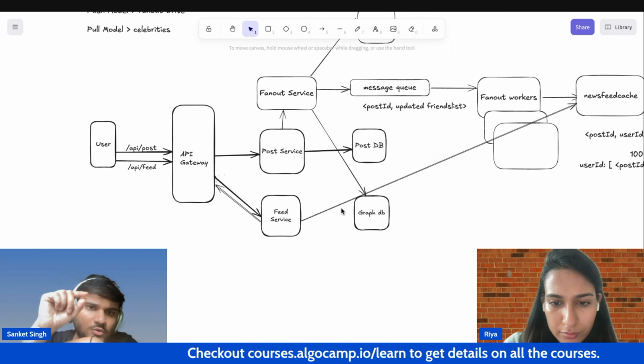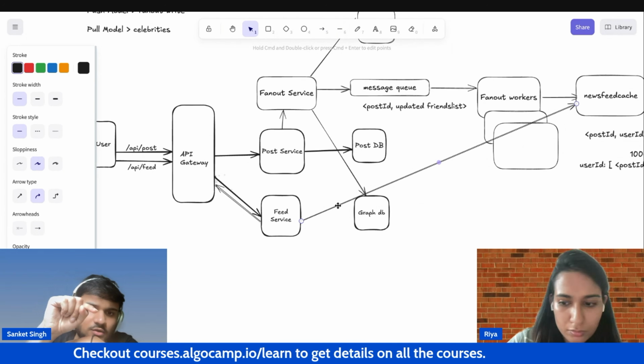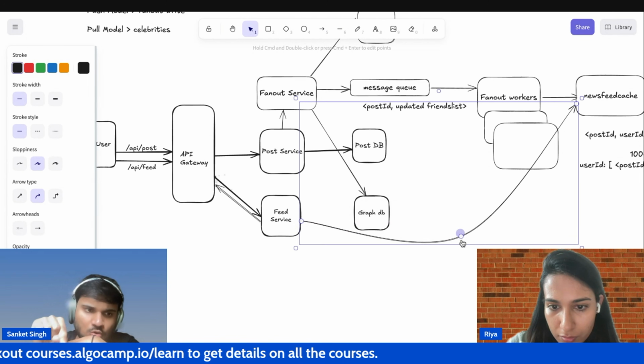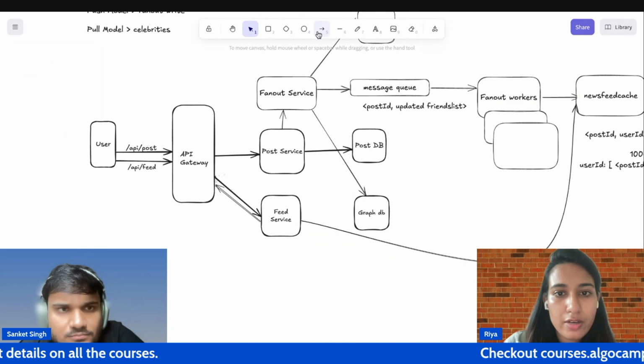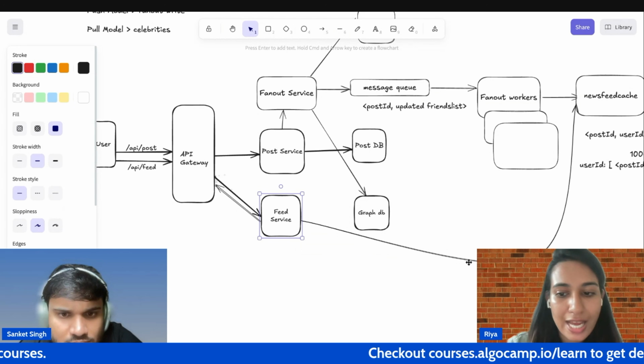You can take an arrow, click somewhere below on the blank side, and then make it a curve. Got it. Okay. So over here, what I'm going to do is now the feed service is directly going to